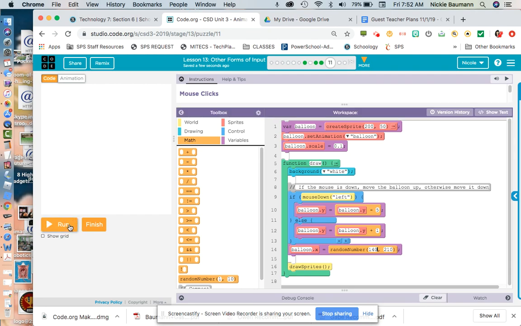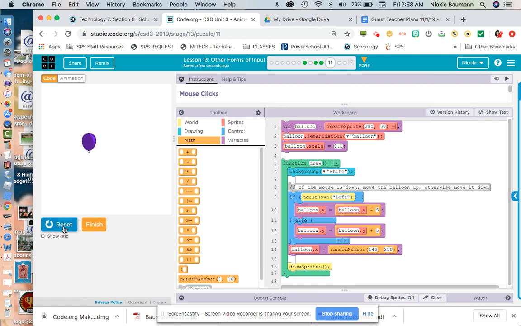So you could probably change this Y value as it's falling to 5. Let's see what that does. It goes a little bit faster, but it's not perfect. We could mess around with this if we wanted. Maybe change the frame rate so it slows down a little bit, so it's not so jerky. But that's up to you. So that's bubble 11. And we're going to move on to bubble